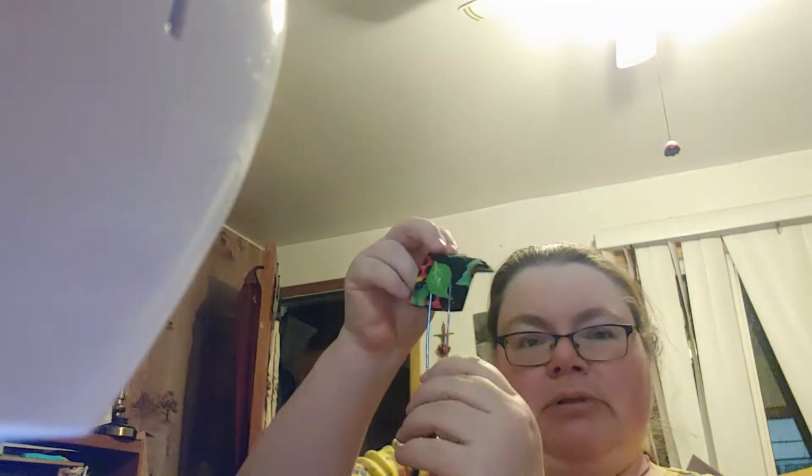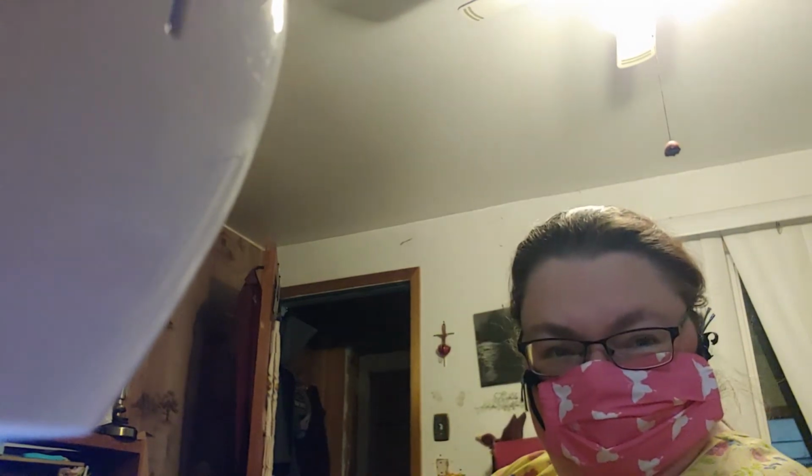So with a little itty bitty guy like this, I would thread it to one side, comes up, make sure it's wrapped around the button and it's not going to pop off, comes up. Okay, and to take it off, you can either slip your mask off or just